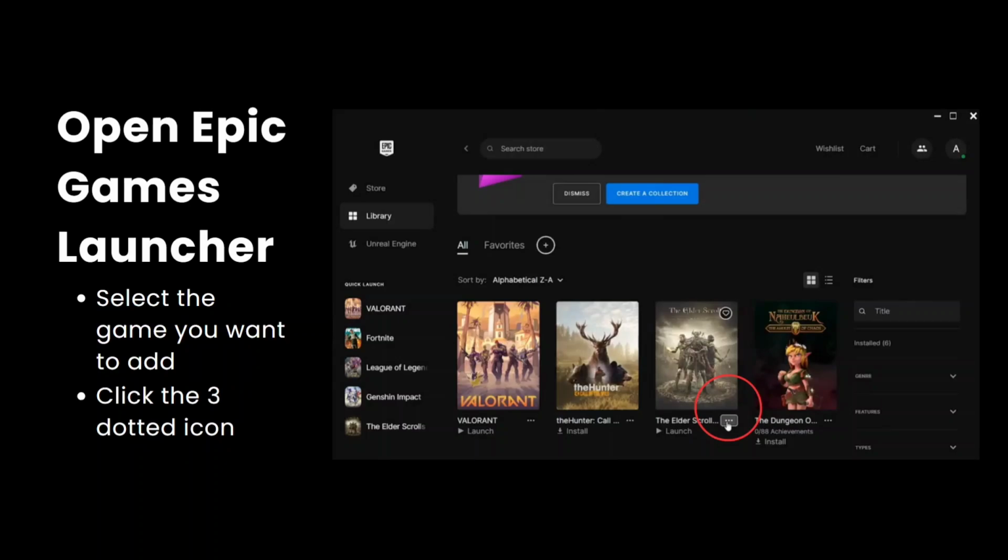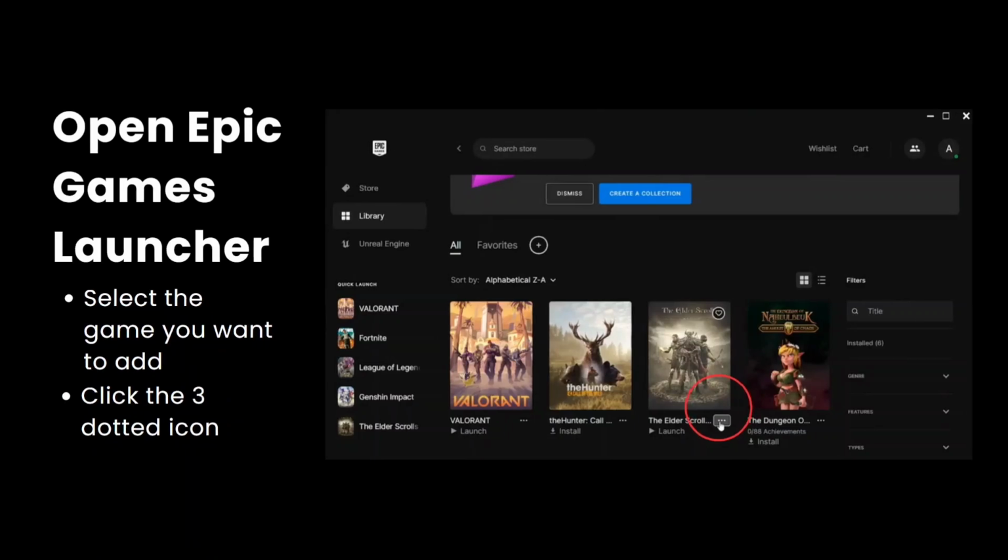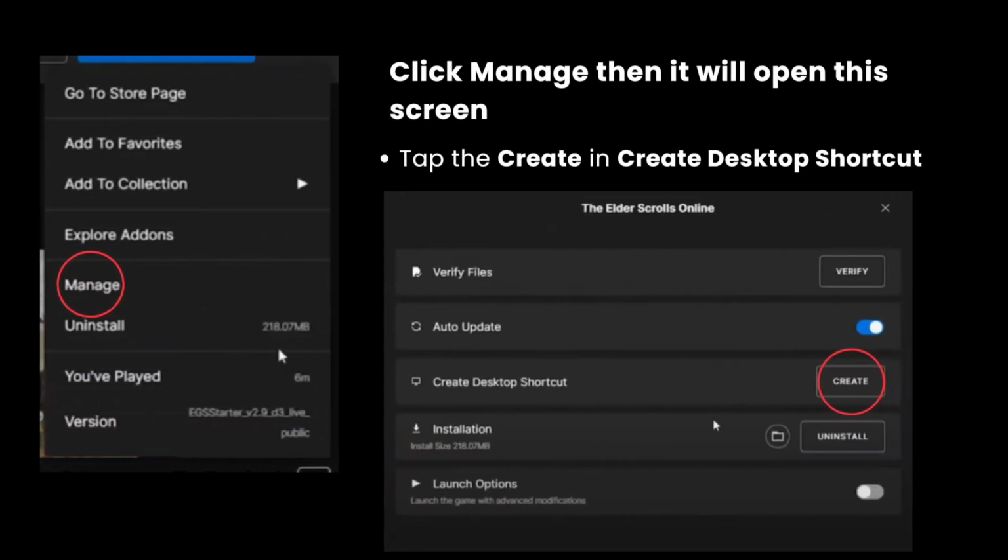Now select the game that you want to add and then click the three-dotted icon. After clicking this three-dotted icon, it will show this pop-up where you have to click the manage. Now after clicking the manage, it will show this screen where you have to create a desktop shortcut by clicking